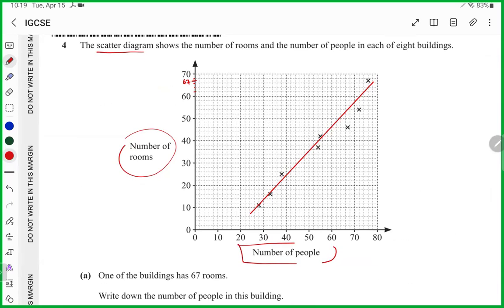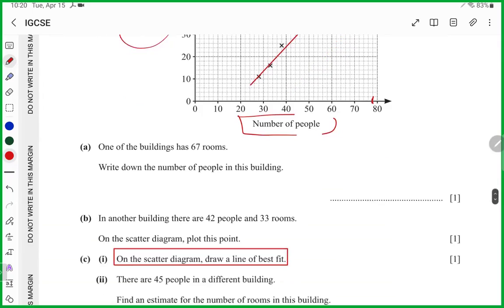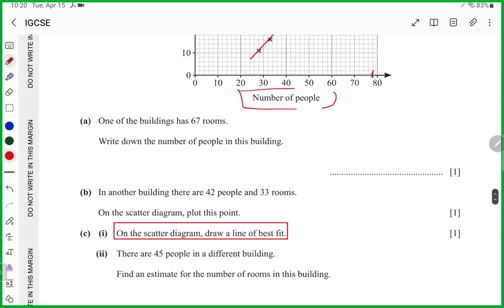Now we would use the line of best fit. It's like this. And here you could estimate the number of people. So 72, 4, 6, 8. So 78